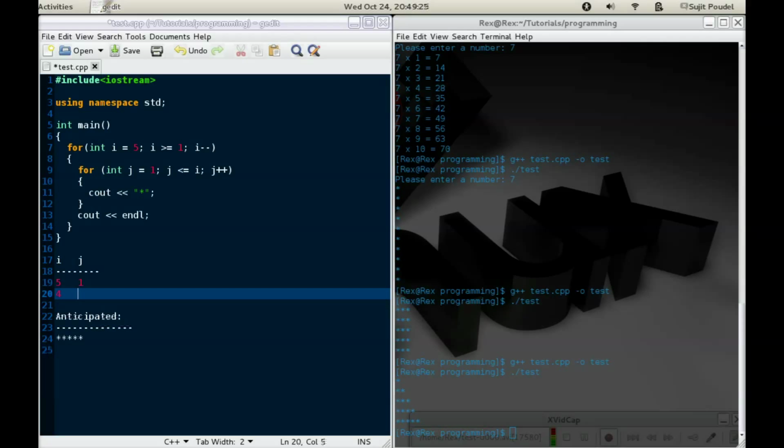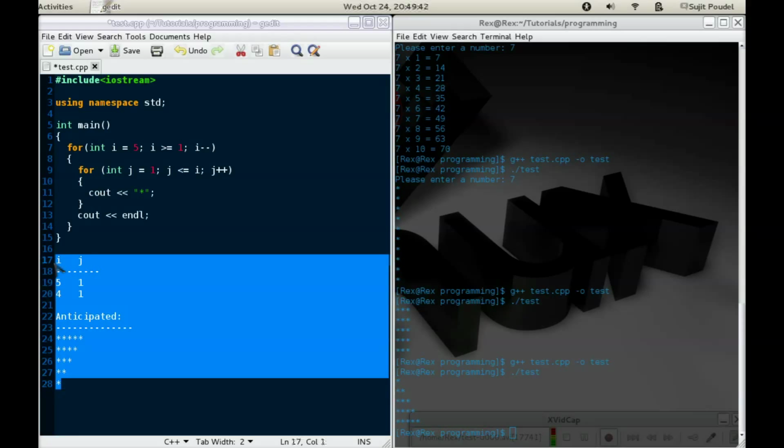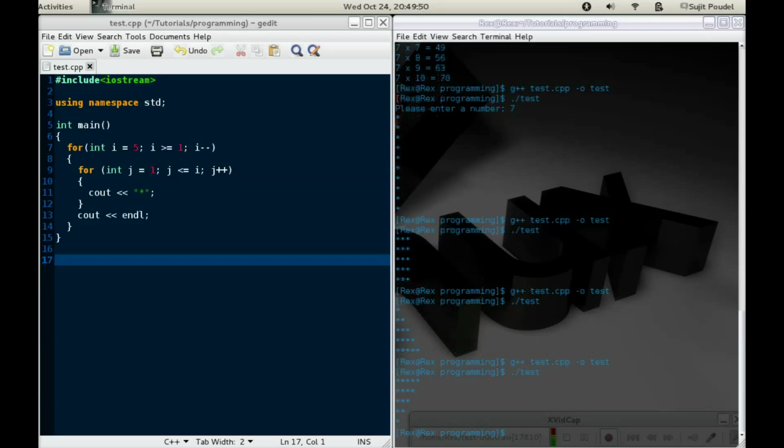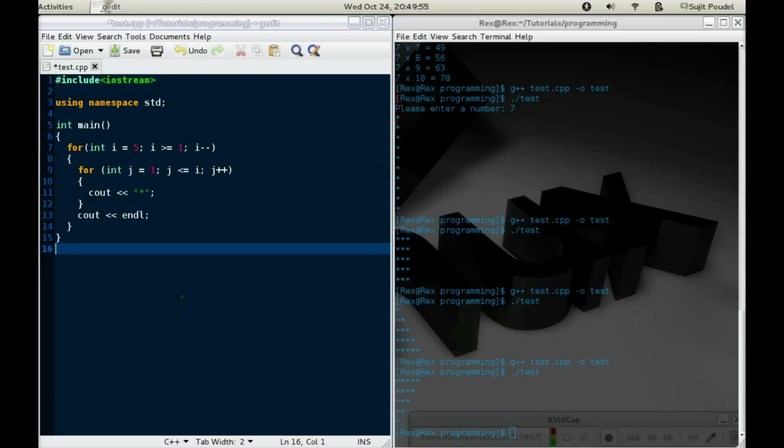J again starts at 1, so the difference between these two is 4. So next time j is going to go 4 times like that. All right, so we can easily see 3 times, 2 times, once. Then since it has 5 lines, or the value of I is completed, it's going to get out of the program. All right, simple enough. This is one very aha moment in programming, and it is very helpful to write programs